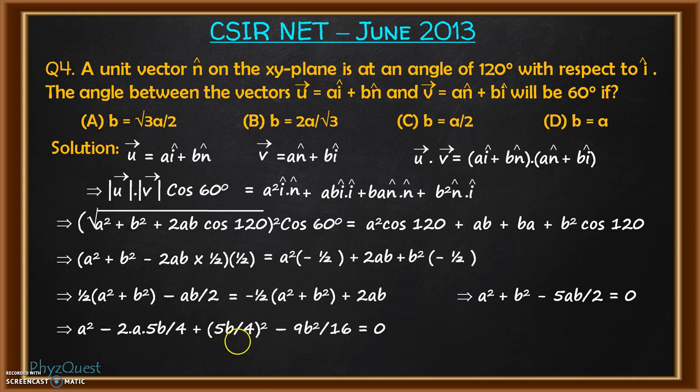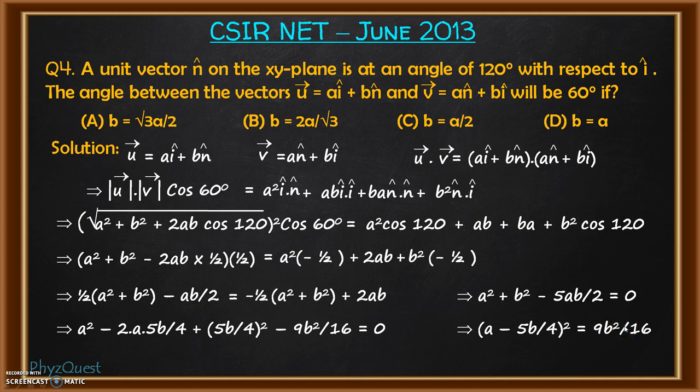So this is the term. So these three terms constitute a perfect square term, that is, this will be a square of (a minus 5b by 4) whole square. So this we can write as (a minus 5b by 4) whole square is equal to 9b square by 16. And you can see this is also a square term,